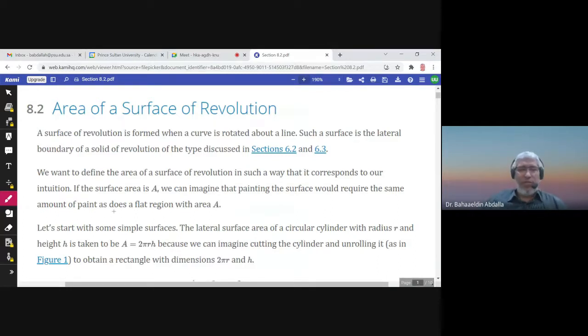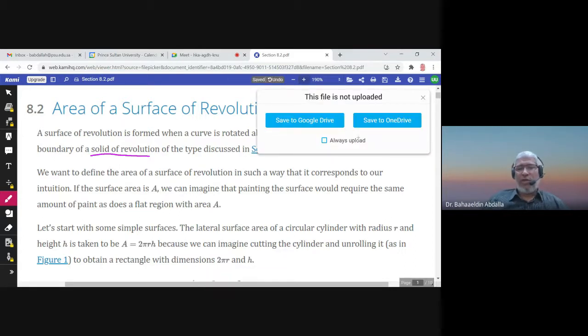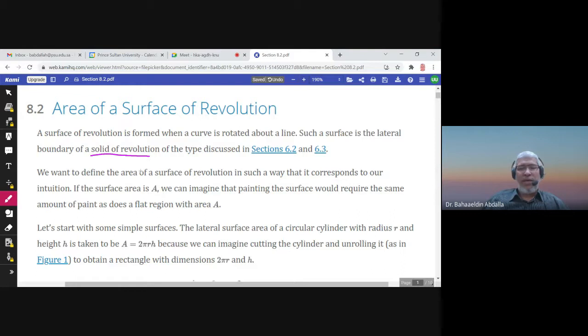This is section 8.2, area of a surface of revolution. We studied in chapter 6, sections 6.2 and 6.3, the volume of a solid of revolution. And we would like to study here the surface area, or the area of the surface of revolution. So